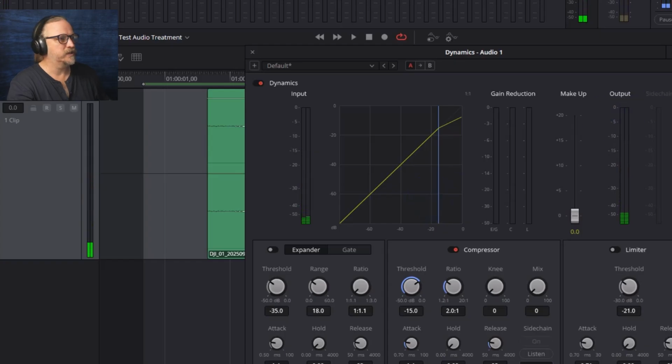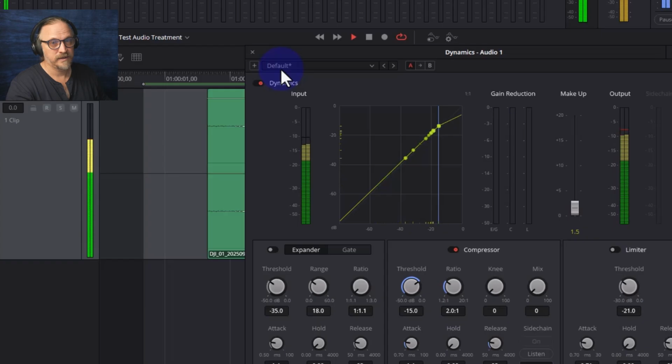We're going to leave it there for the moment, and let's listen to it. You probably won't notice any difference. The greatest work of your life is to remember and integrate all aspects of yourself. But because we know that it's being turned down 1.5 decibels, we can go to the makeup gain here and turn it up 1.5 decibels. The greatest work of your life is to remember and integrate all aspects of yourself.